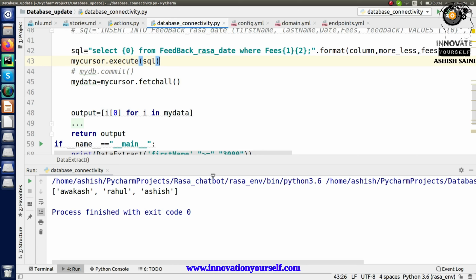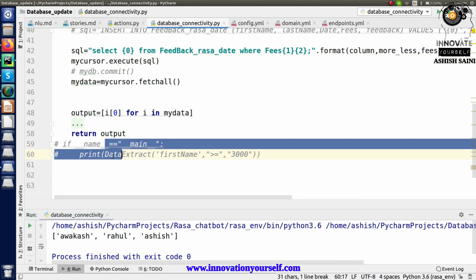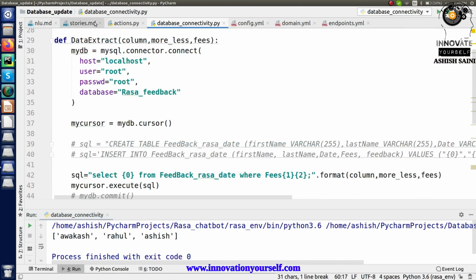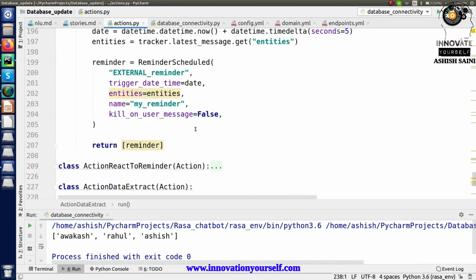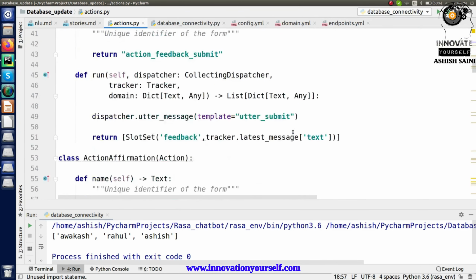Now let's go to the chatbot side in the actions file, and now I will be calling this function over there, right? So just go into the action file, and into this action file just mention it like this, comma, and paste it, because right now I'm going to use this part.